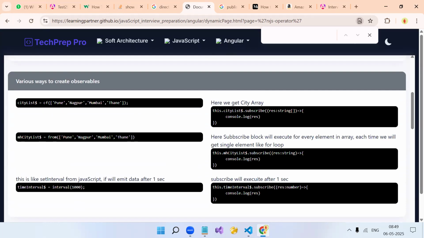ऑब्जर्वेबल कितने तरफ से, कल मेरे को क्वेश्चन पूछा था कि हाउ मेनी वेज देयर आर वी कैन क्रिएट ऑब्जर्वेबल: of और from। ये बताया मैंने। फिर वो बोलता है कि of और from में क्या डिफरेंस है? of का एक ही बार सब्सक्राइब हो जाता है, पूरा सीक्वेंशियल मिल जाएगा यहाँ पे। और from में इट वन बाय वन मिलेगा। पहले नागपुर मिलेगा, नागपुर के लिए सब्सक्राइब एग्जीक्यूट होगा, फिर वन बाय वन।